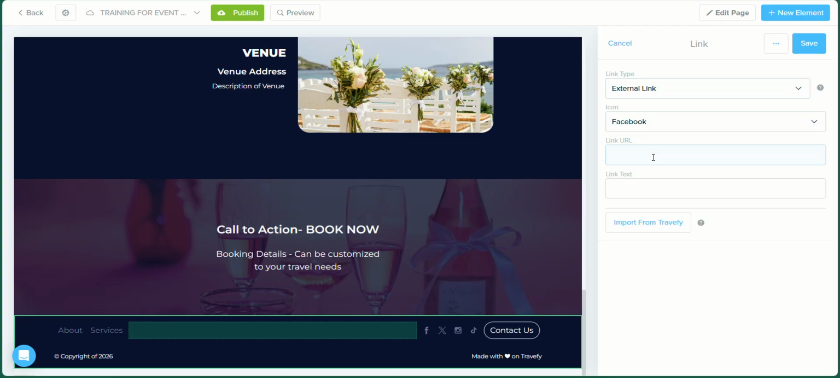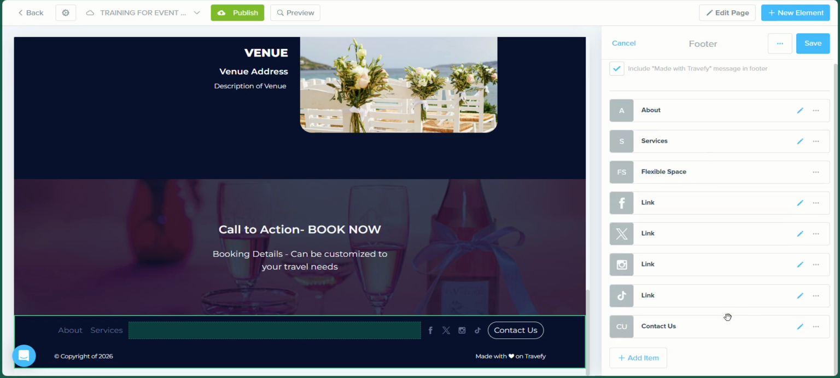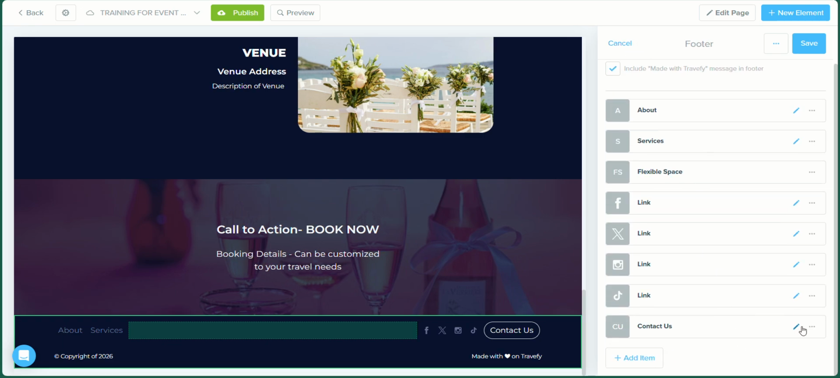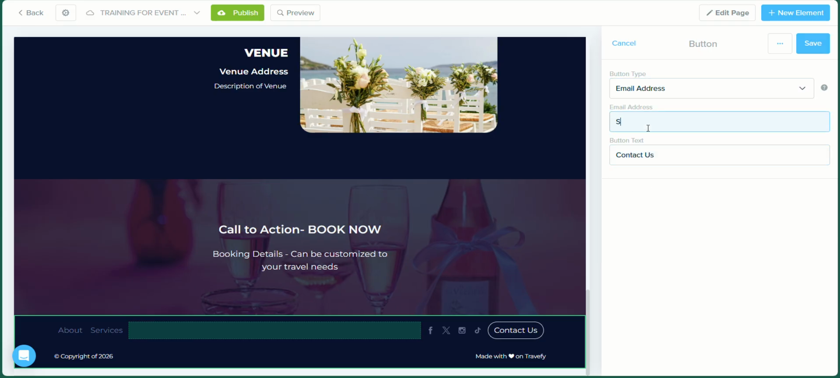Facebook is the icon already. You can put your Facebook link in there. So when they click on that little icon, it's going to go straight to it. I'm not going to do that for you guys. You can figure that one out. And then the contact us, again, I put email address and I put